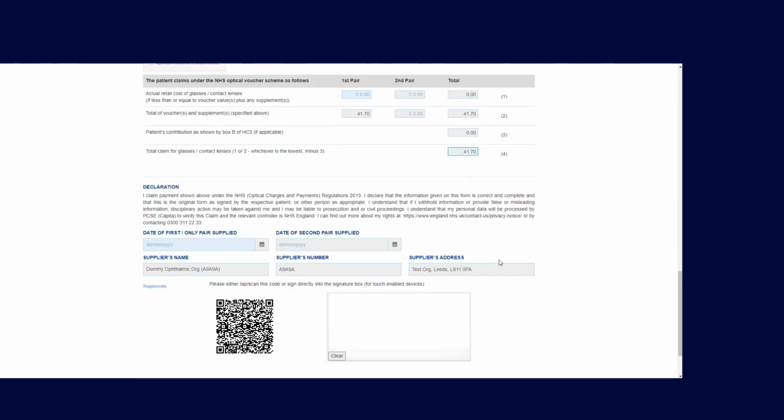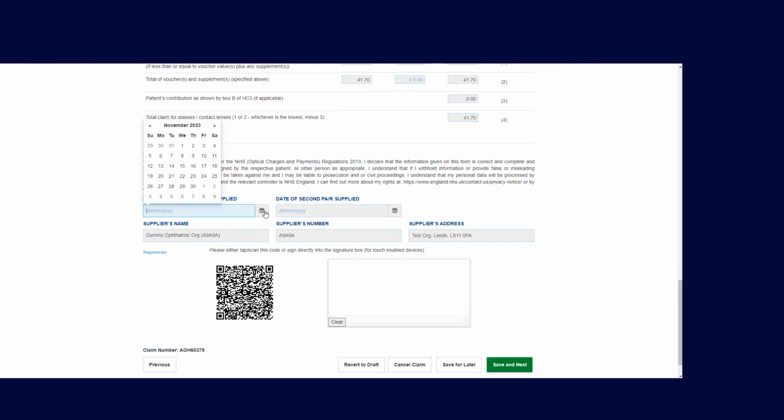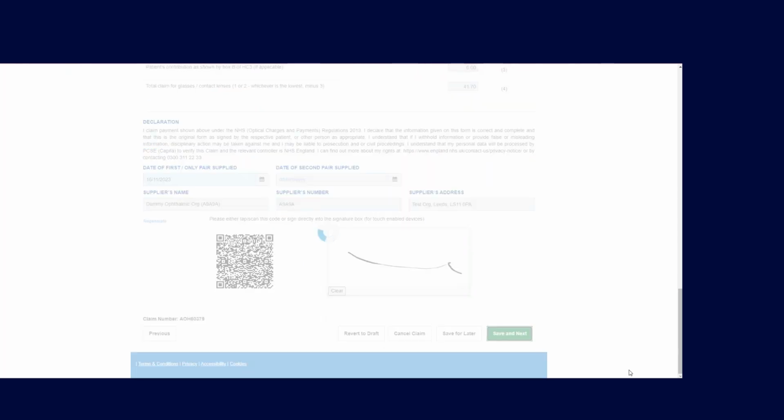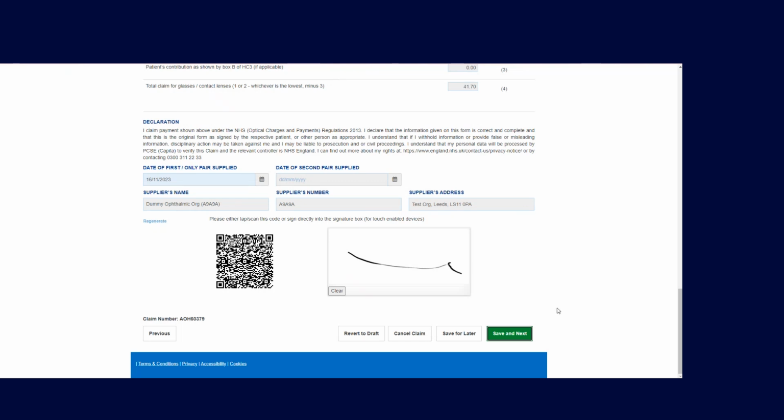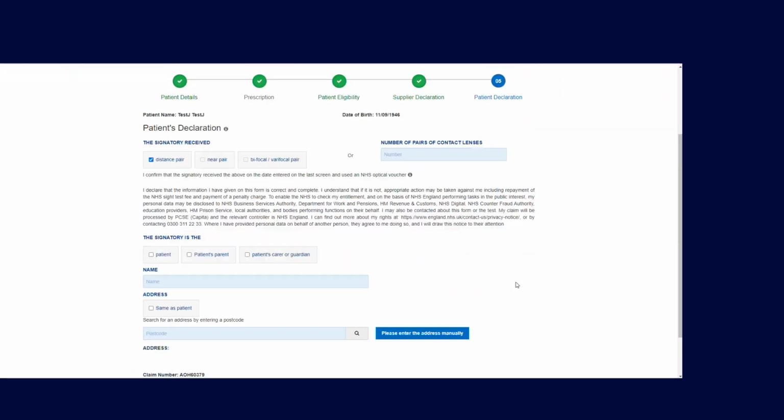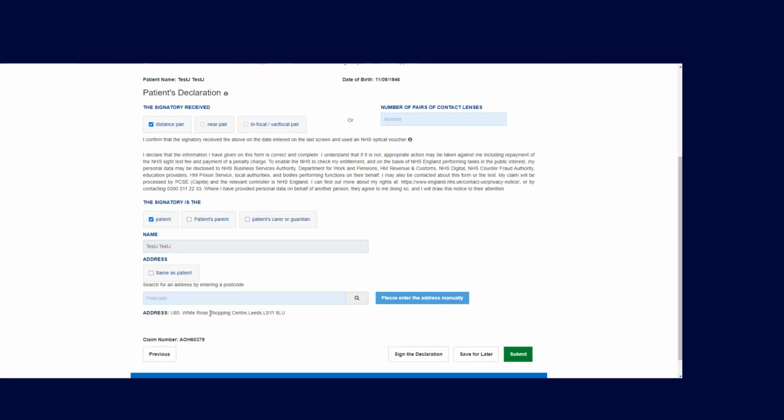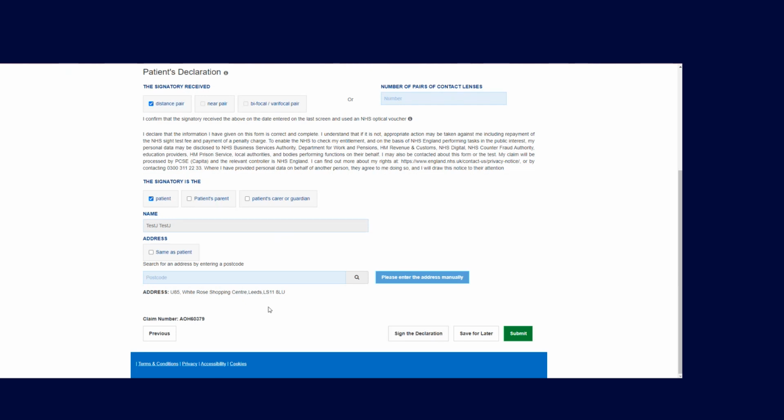This is the value you're going to get paid, and this is when you fill in the date that you supplied the glasses. So let's say it was a really fast day, everything got done today, you'd sign it, save and next, and then you would submit this claim with the final signature being caught from the patient. Obviously, I know for domiciliary, it's not likely to happen that way, so you'd have to get the patient signature at another point